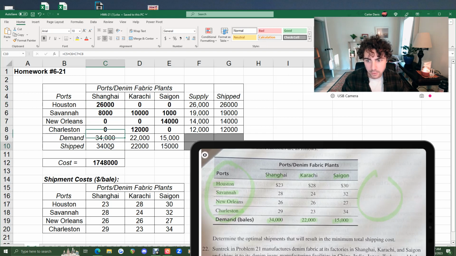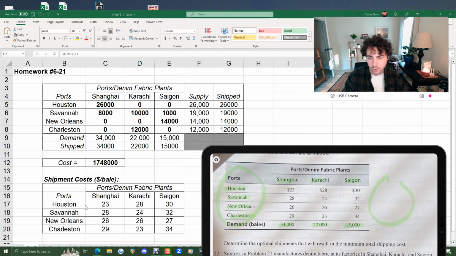Same layout though, so all these shipped values are just the sums of the columns, and then these are just the sum of the rows, and so on. We see our costs, again a separate chart for the costs. We get those costs right here, and then the overall cost is just the sum product of these and these. Okay, so now Data Solver,